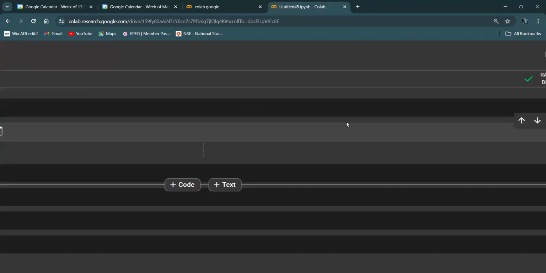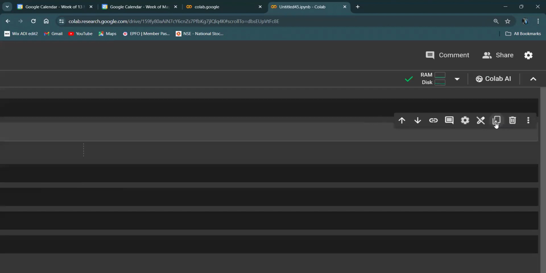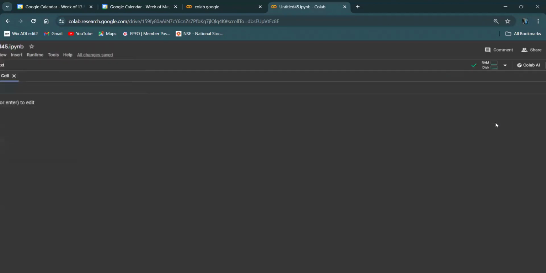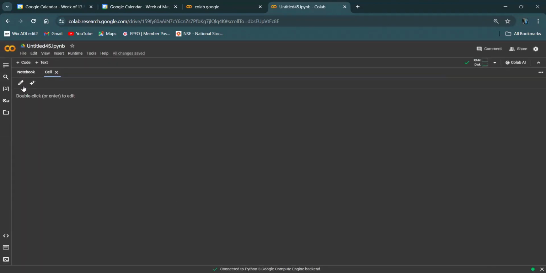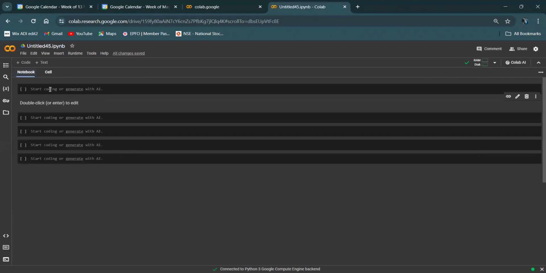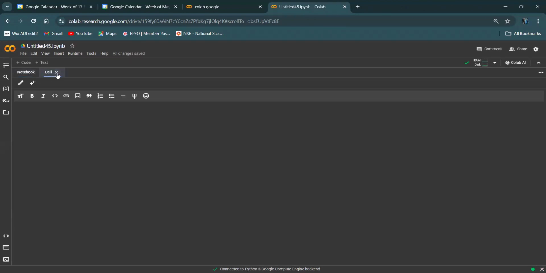You can make certain changes if needed. There is also the mirror cell in the tab: whatever you write in this cell will appear here as well, basically to highlight or emphasize it.